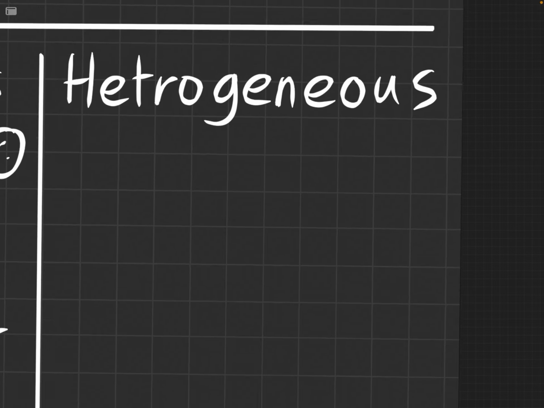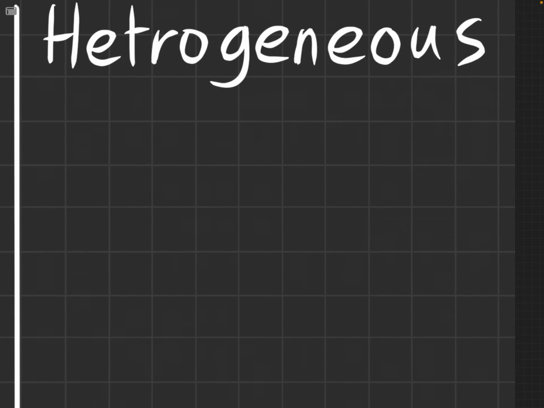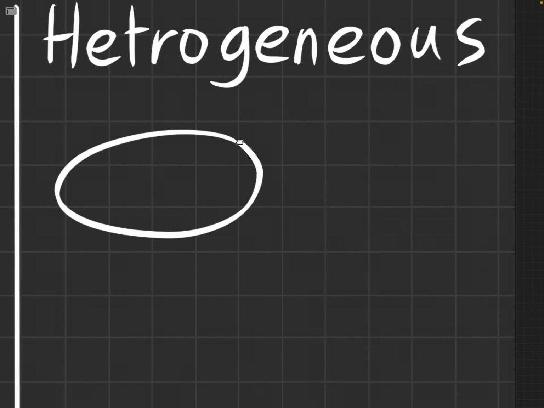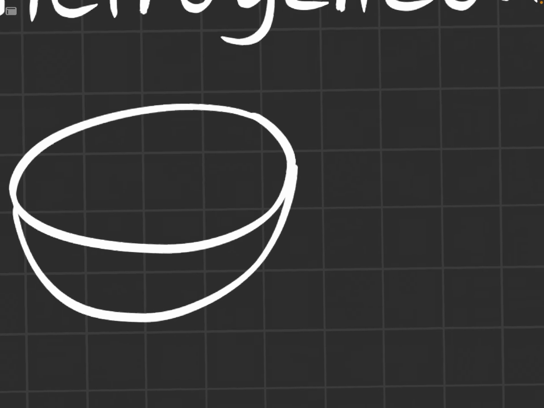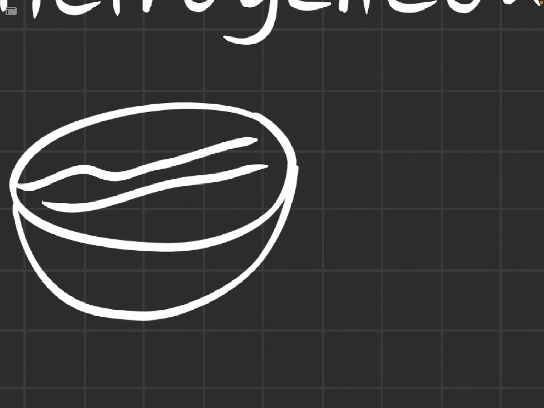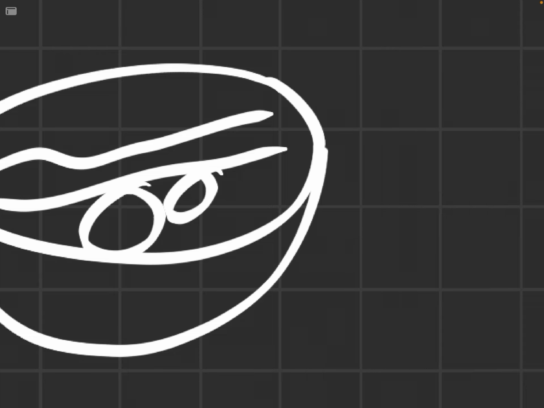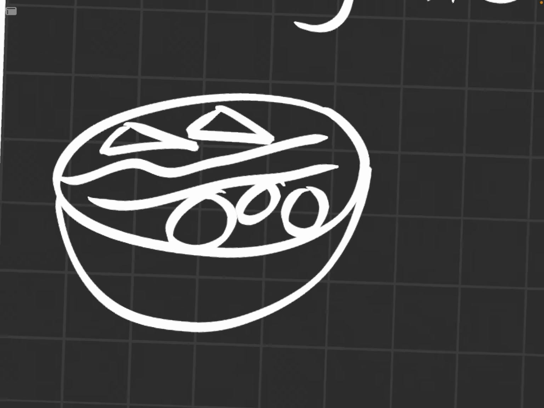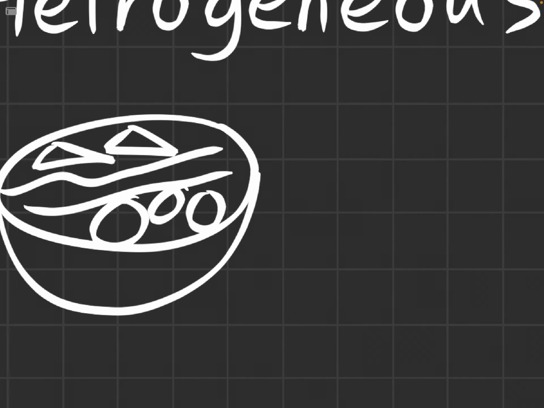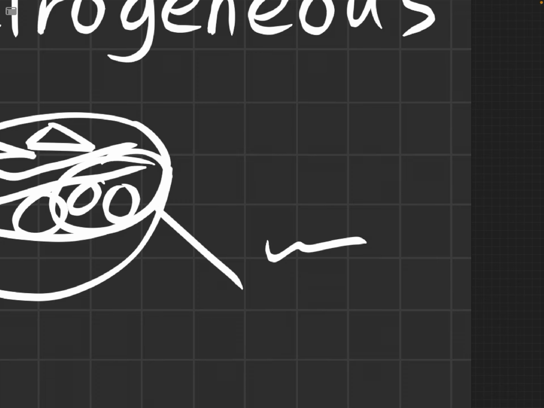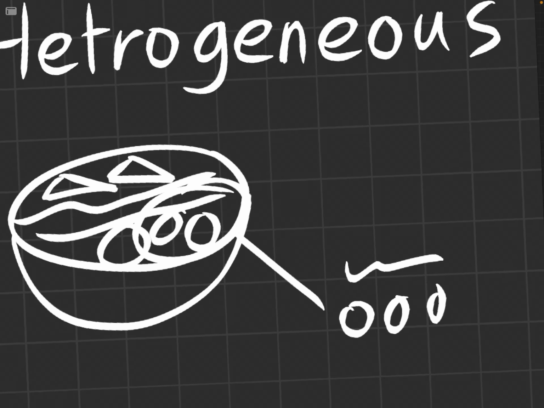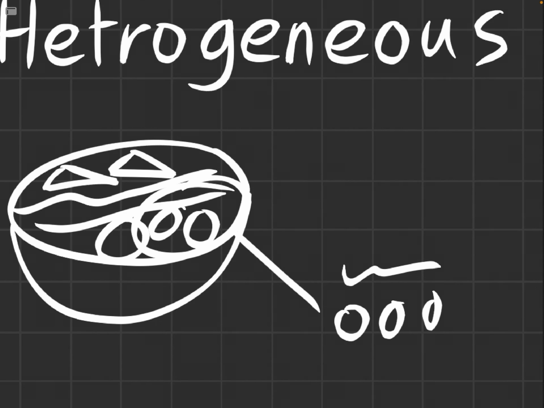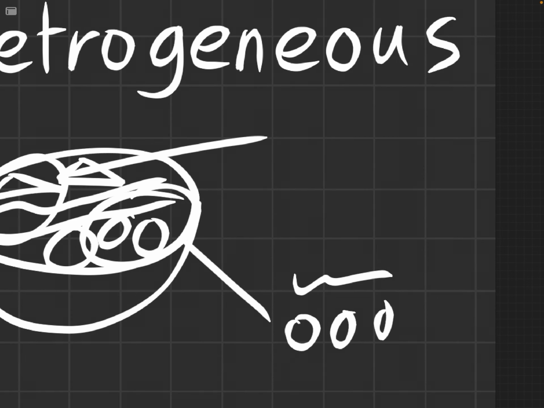A heterogeneous mixture is very different. Imagine you have a bowl of chicken soup. So you might have noodles in it, and on one side you might have some chunks of chicken, and on the other side you might have some vegetables. I know this is fairly crudely drawn, but bear with me. If I take a sample of the chicken soup from here, I'm going to have lots of noodles and lots of chunks of chicken. But if I take a sample of the chicken soup from here, I'm mostly going to have vegetables